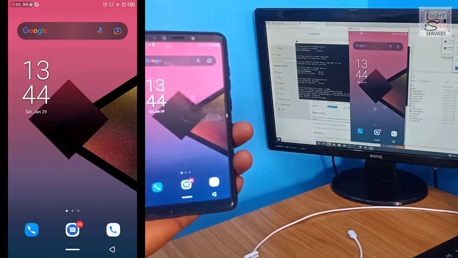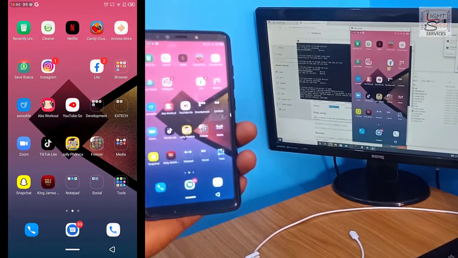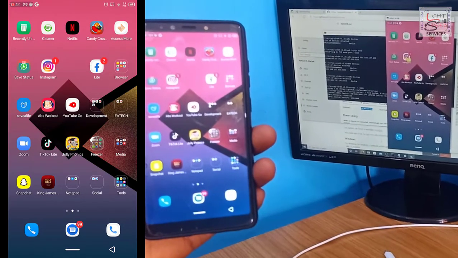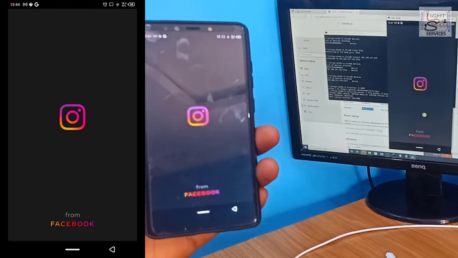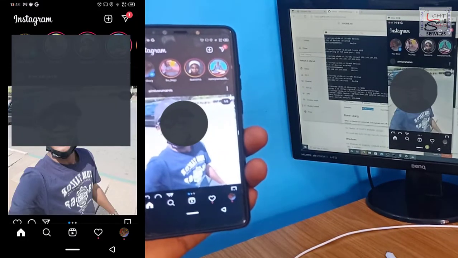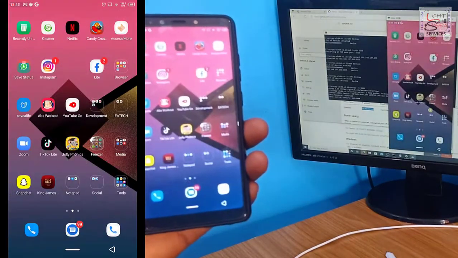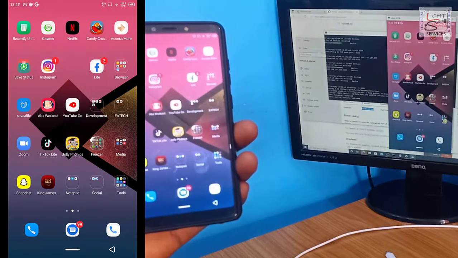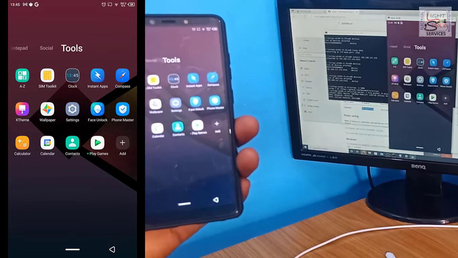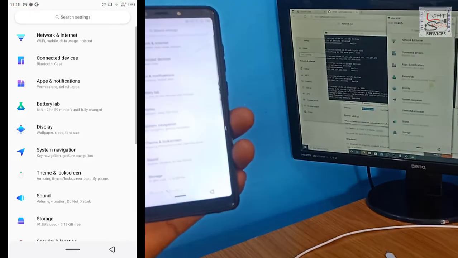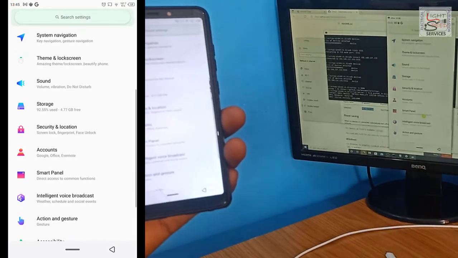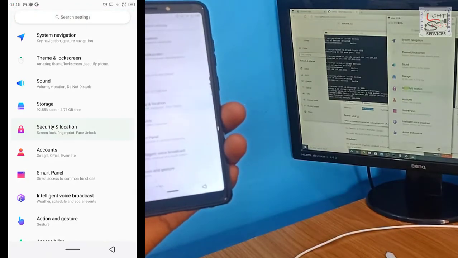So if you have your phone inside your purse or inside your bag and you have no idea what is going on, if I have access to your passkey, I can unlock your phone and do whatever I want. I can access your social media accounts, post whatever I want, or even change the password. I can go to the phone settings and lock you out of your phone entirely and be the only one with the password.